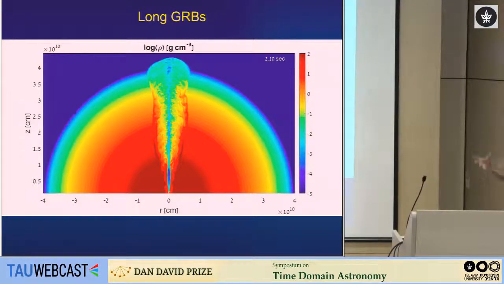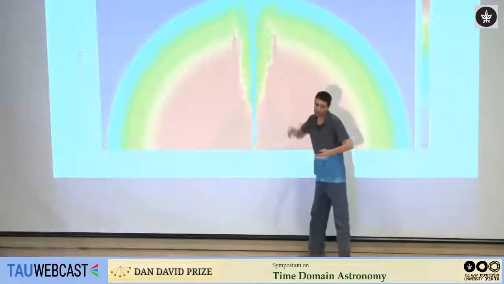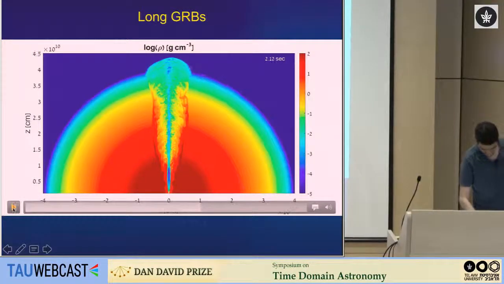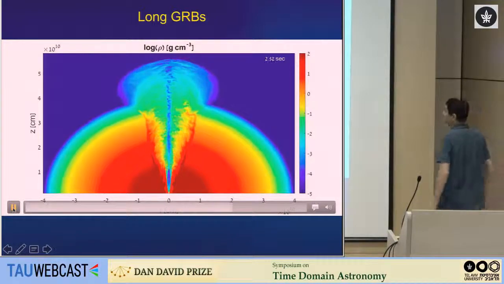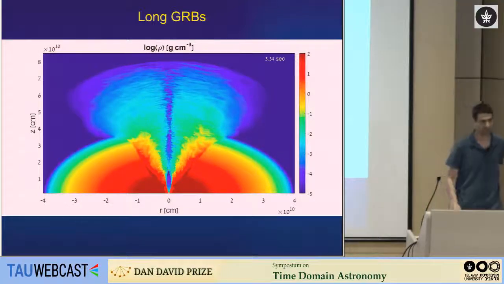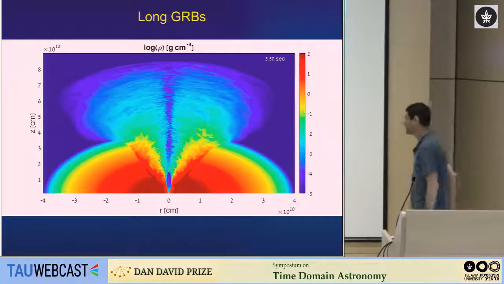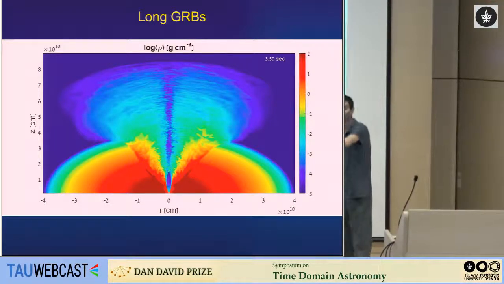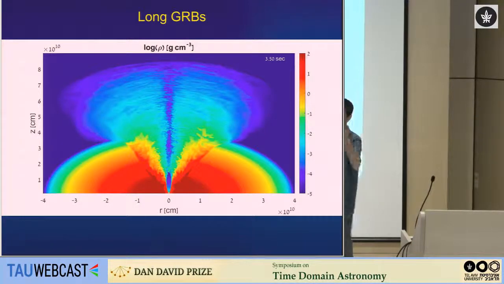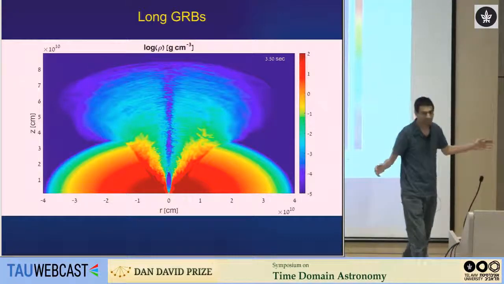What you will see is that all this hot material, all this energy which is contained here in the cocoon, is actually now free to spill out. And this material has a range of Lorentz factor, a range of velocities. If we see how much energy we have as a function of the Lorentz factor, it's almost uniform in log space between a velocity of about 0.1 c and a Lorentz factor of, say, 5 or something like this. So this will produce a wide angle emission with a large range of